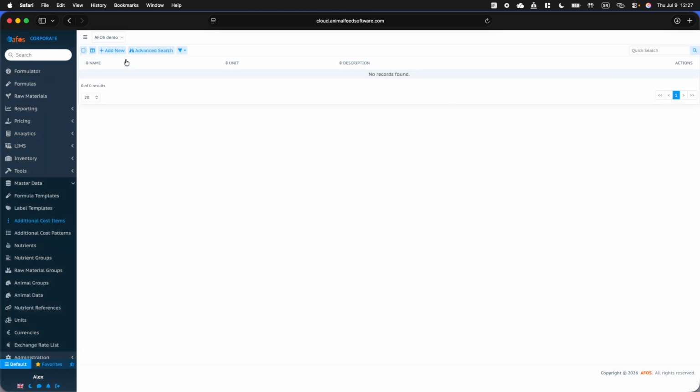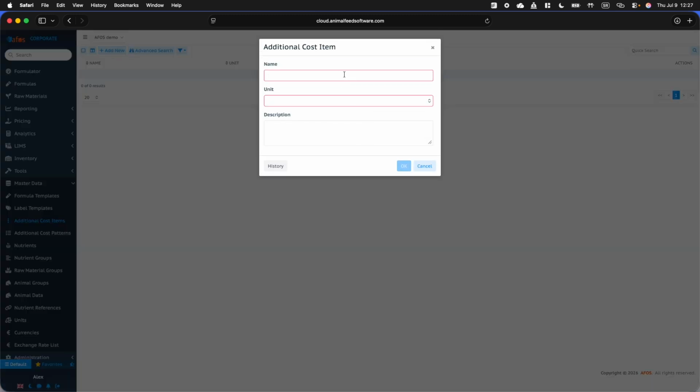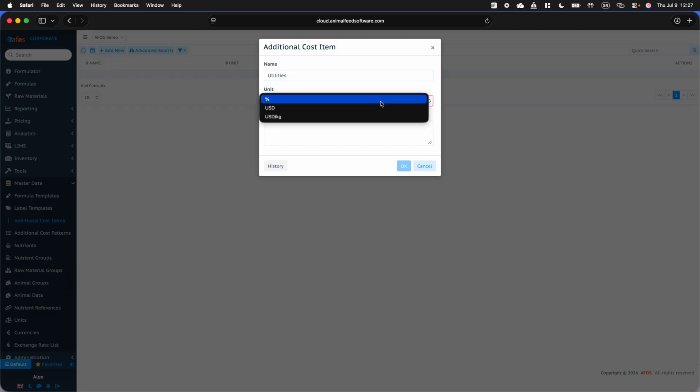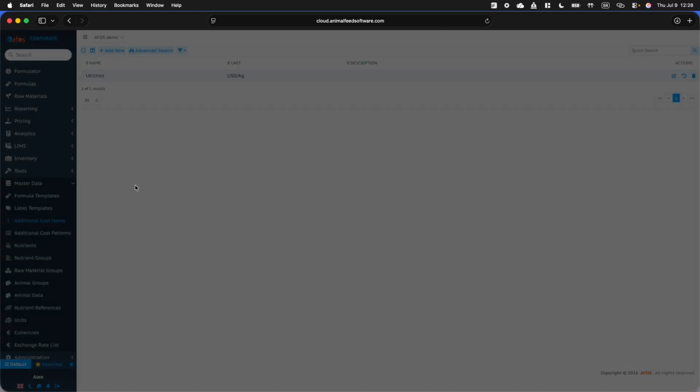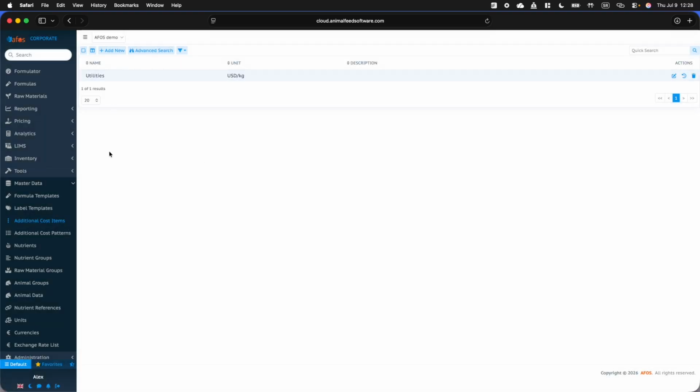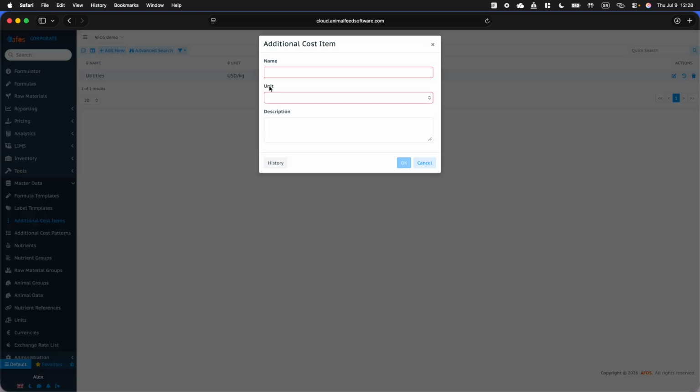Additional costs. Add new utilities. And that can be in percent of the formula, fixed price per formula, or dollar value per formula. Okay. Now we just configure what our additional costs are. Disperse